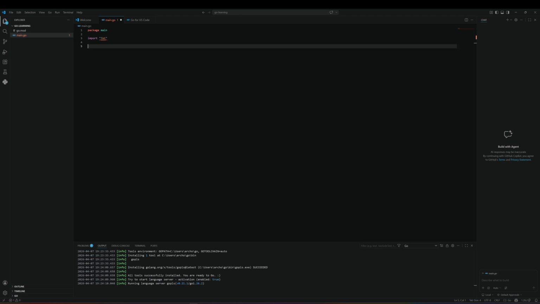fmt is short for format. This is Go's library for formatting input and output. So you can do basic things: input, output, print to the screen, read from console, things like that. So now